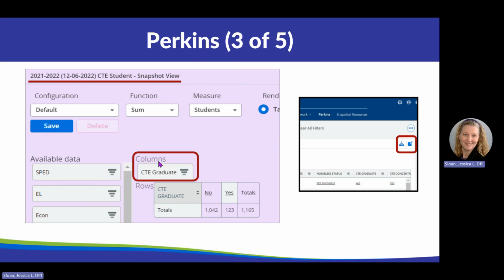And this is an example of setting up the CTE graduates, which you would be using for your CTE graduate follow-up reporting. And so it's really easy. All you have to do is go to the last snapshot, and I have an old date here. So go to the last, it'll default on the correct year, but you're going to go to the purple table,